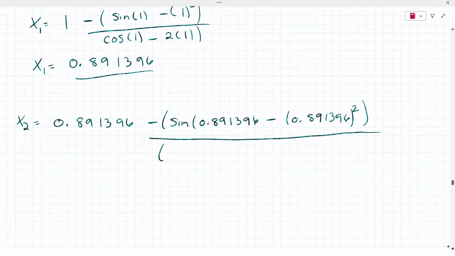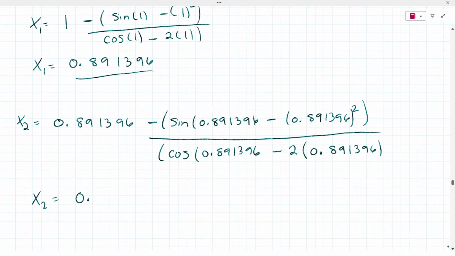And then this is going to be cosine. So when you put all that in the calculator, you get